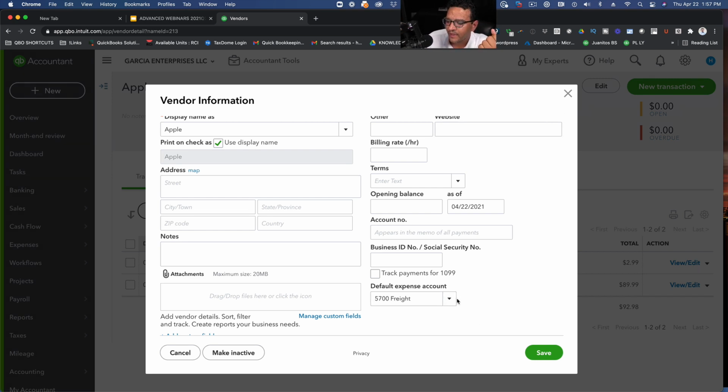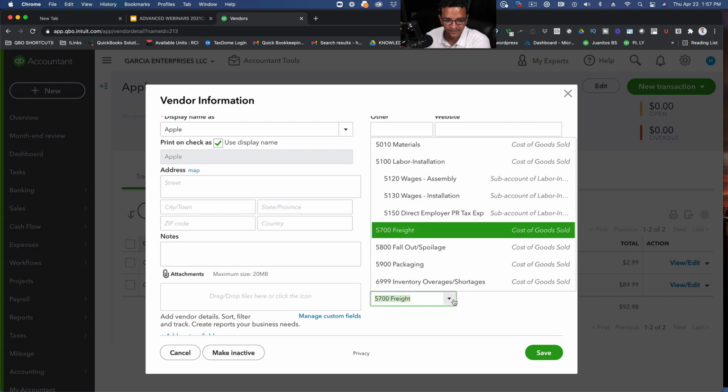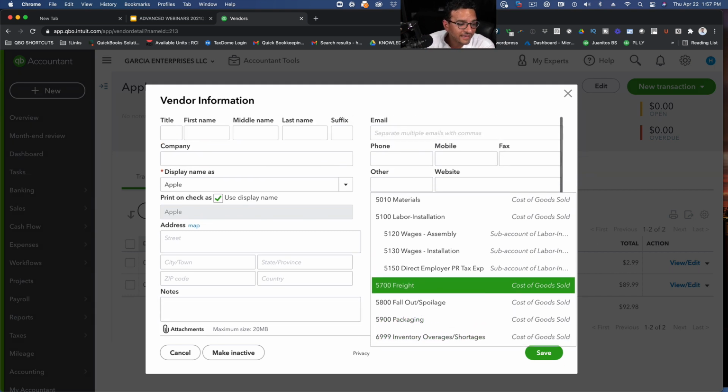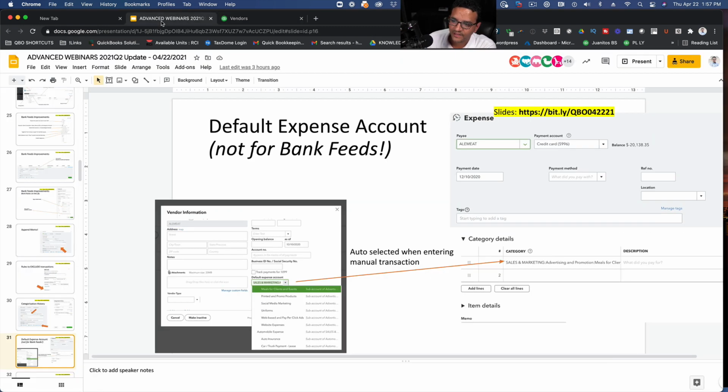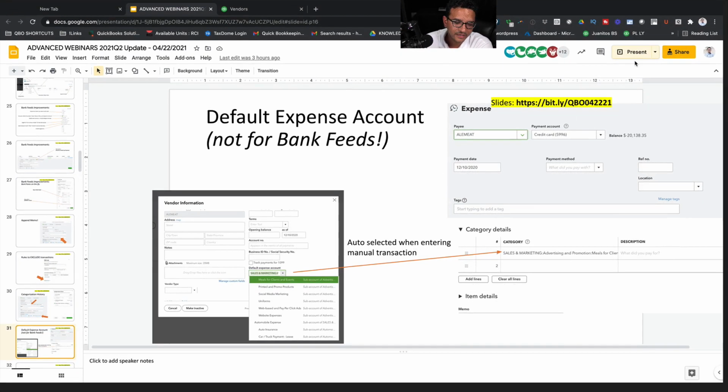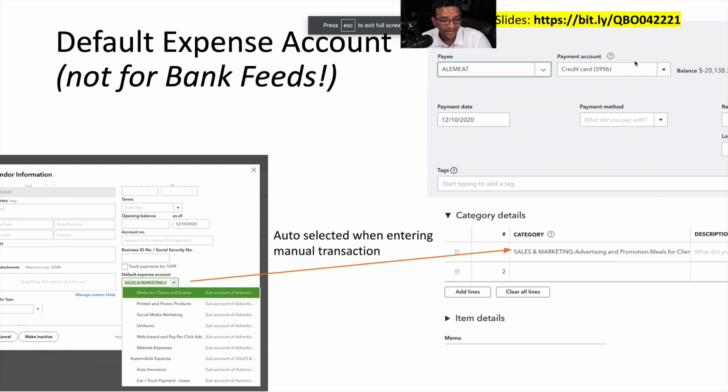it makes sense anyway. But honestly, in my opinion, anytime you give me a drop-down menu with my chart of accounts, as an accountant, I would love to see my whole chart of accounts. Let me make the decision, right? And whether or not that's correct or not. But for end users, I would totally get why you would limit that to only expense accounts. And now that they added cost of goods sold, it's a little bit more complete. Okay, so something to mention. Again, these are these little things that if somebody doesn't mention them to you, you don't even know that they're